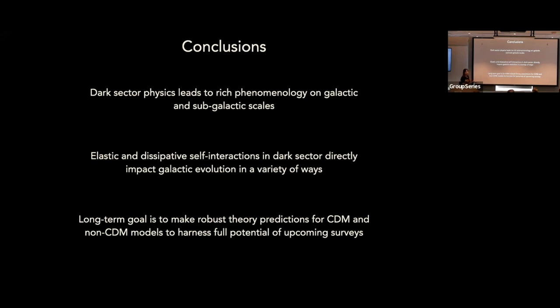So I hope I've been able to show you the wealth of interesting physics that could come about when we think about the impact of dark sectors on galaxies, and also on scales smaller than the size of galaxies. For concreteness in this talk, I just focused on two examples, elastic self-interactions and dissipative self-interactions. Between those two examples, you can see there's a whole variety of ways in which the fundamental parameters of the dark matter model end up impacting things like populations of satellite galaxies, the individual properties of satellites, and so on.